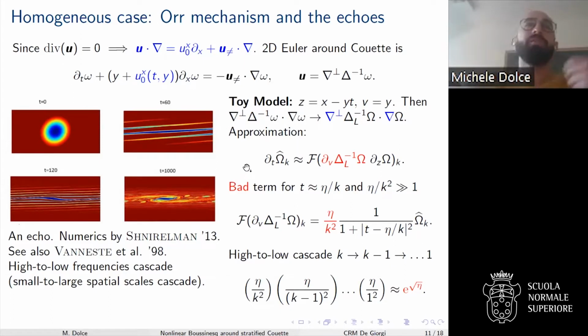Now, let's try to understand this cascading mechanism. How to do that? We need to first think of a toy model to see what is actually happening. And this is a purely nonlinear effect. Therefore, we want to understand what this term is doing in the equation. And as an oversimplification, I'm assuming that the zero frequency, I will just ignore this term. And I do the change of coordinates dictated by the Couette flow. And first of all, there is this nice feature that once you change coordinates, these gradients here do not have a time dependence, as one might expect in principle. And this is essentially related to the Hamiltonian structure of the system.